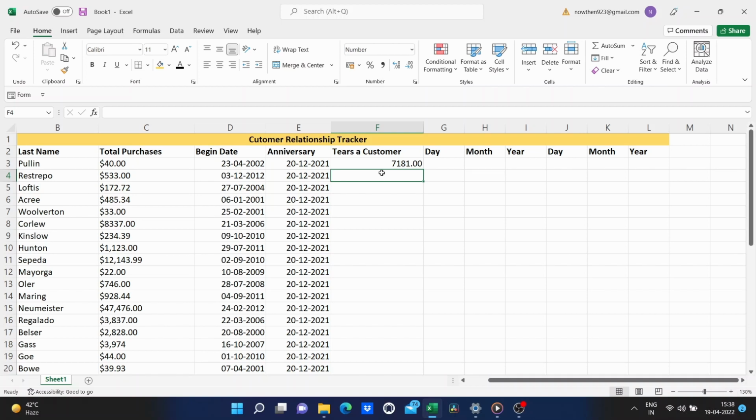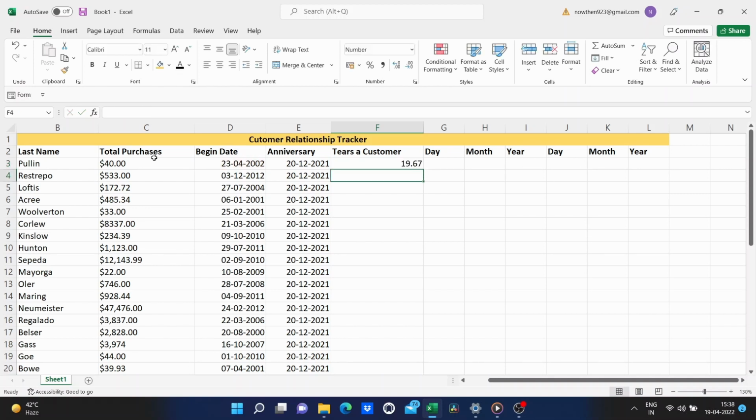Now, the number of days may or may not be useful, so I am going to click again on F3, and I'll go up to the formula bar, and I'm going to put E3-D3 in parentheses, and then divide that by 365.